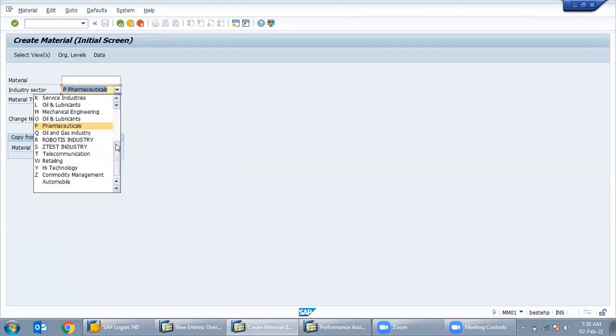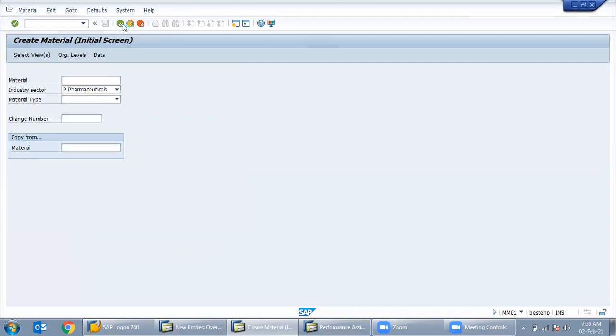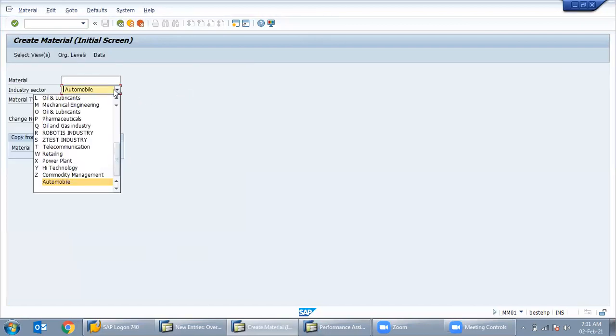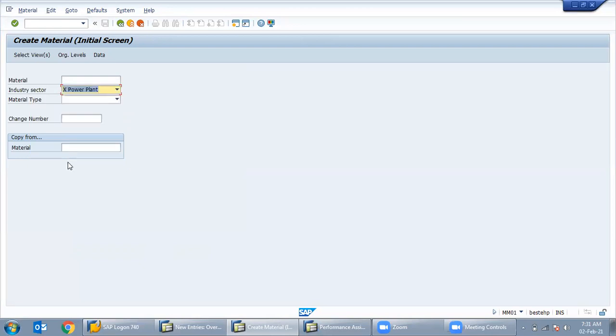See in the list, Y is there and Z is there, but not X. Now go back and open MM01 again. See, now X is available, that is power plant. That I have created, right, Umesh?